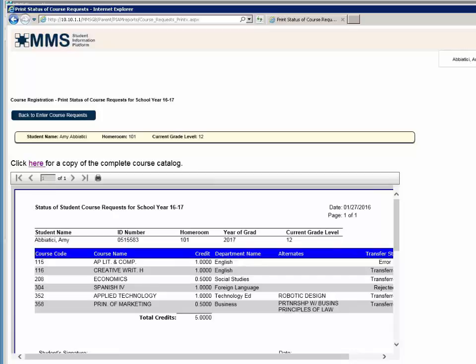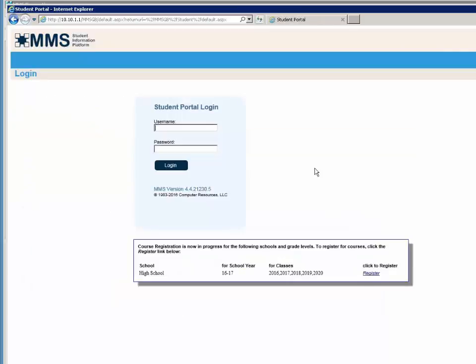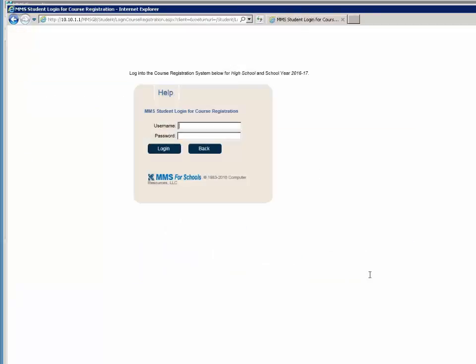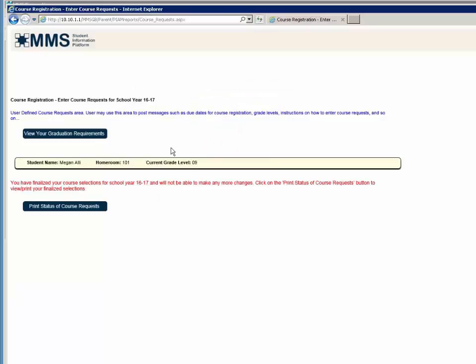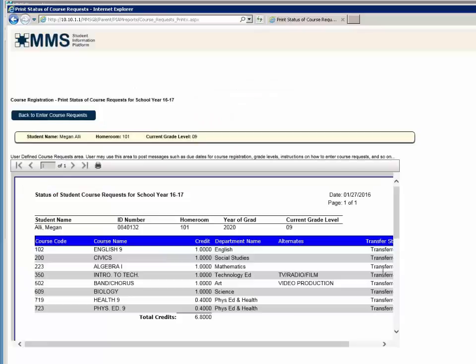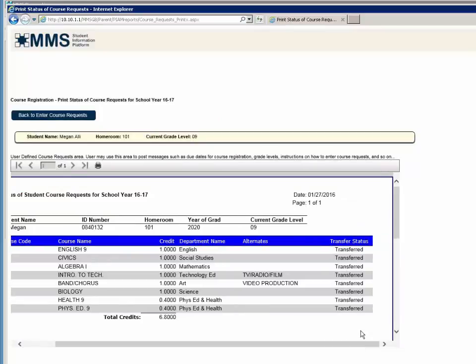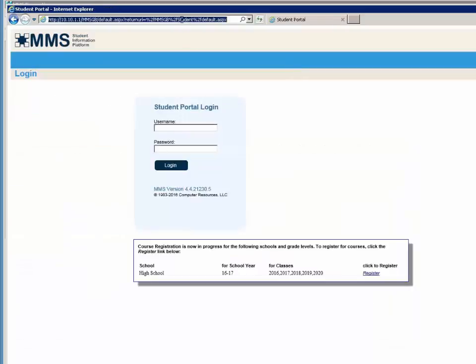If I logged in as Megan, when I look here, we're going to see that all of her courses should have transferred in. So it lets them see what the status is. If I go back into the staff portal